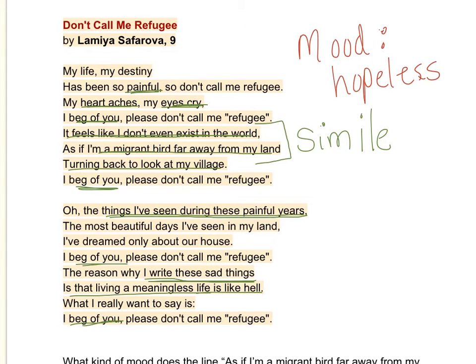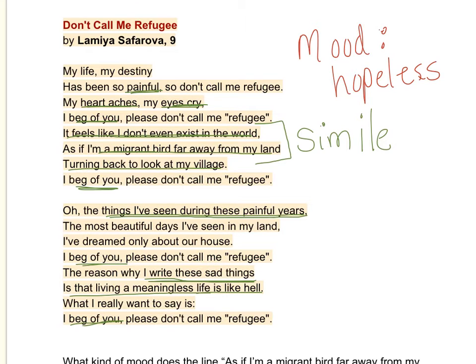Over the last couple of days, we've talked about this poem quite extensively in class, and we really talked about the simile that I've bracketed off here in the first stanza. Yesterday, we talked about how all of these components work together to create a hopeless mood, or atmosphere, in the poem. Mood is the atmosphere or feeling that's created through all of the word choice and the figurative language, and everything all working together helps to create a mood. And in this case, we talked about it being hopeless.